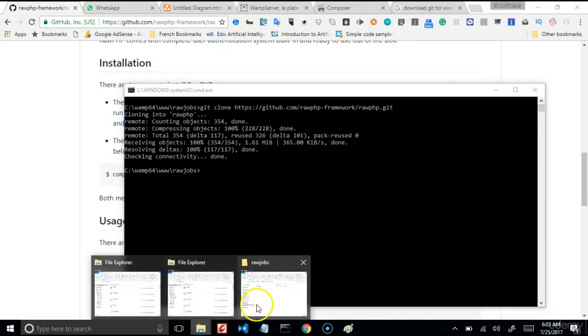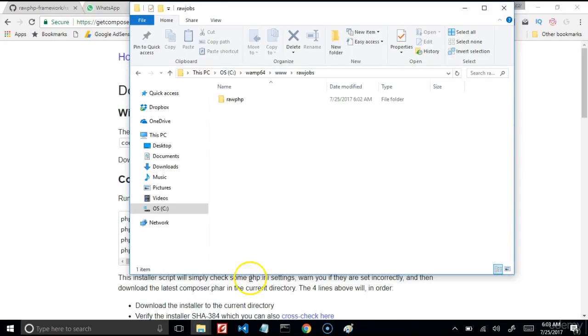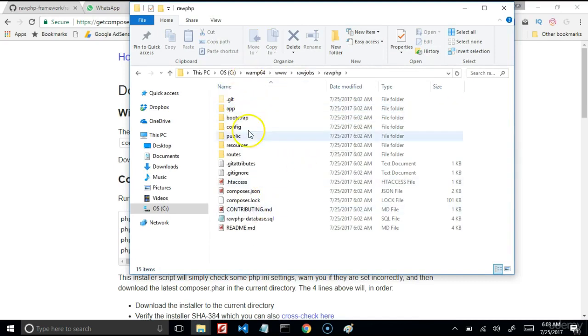So we can just go and check out this folder. And as you can see, it has installed RawPHP inside the folder. So if you open it, you'll see that it has installed a whole lot of things inside the folder for you. So what we have to do next is